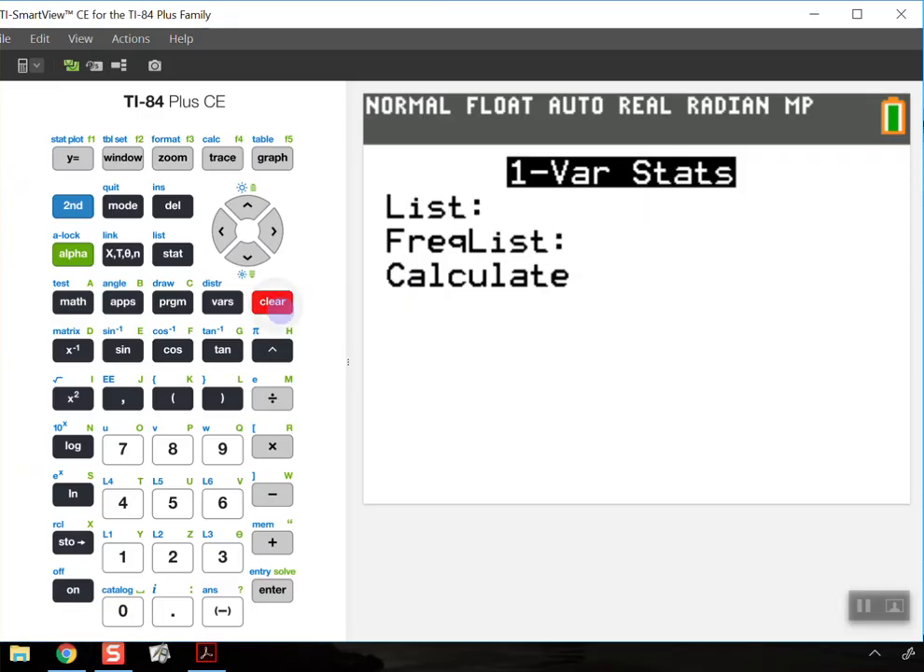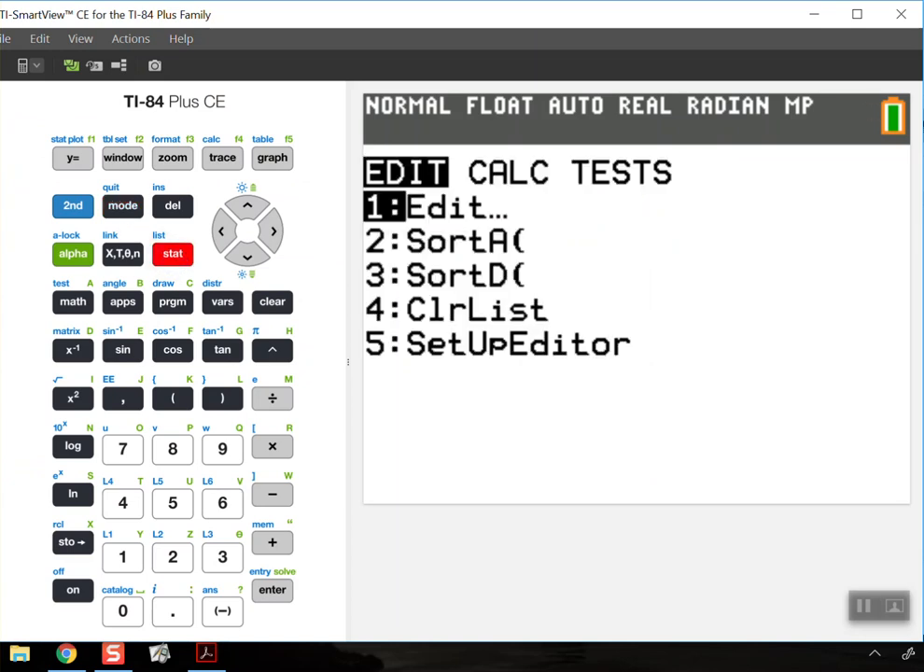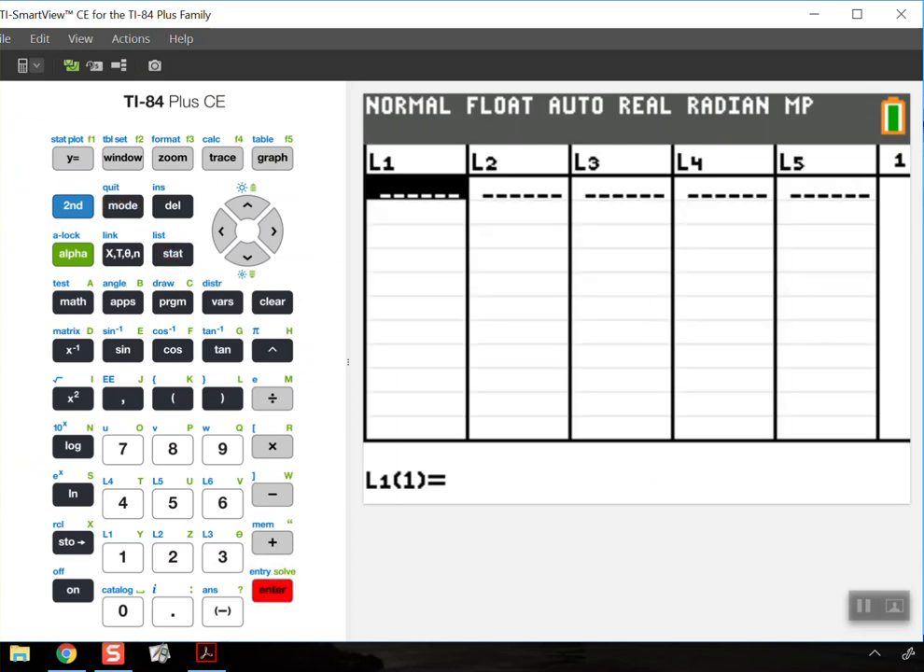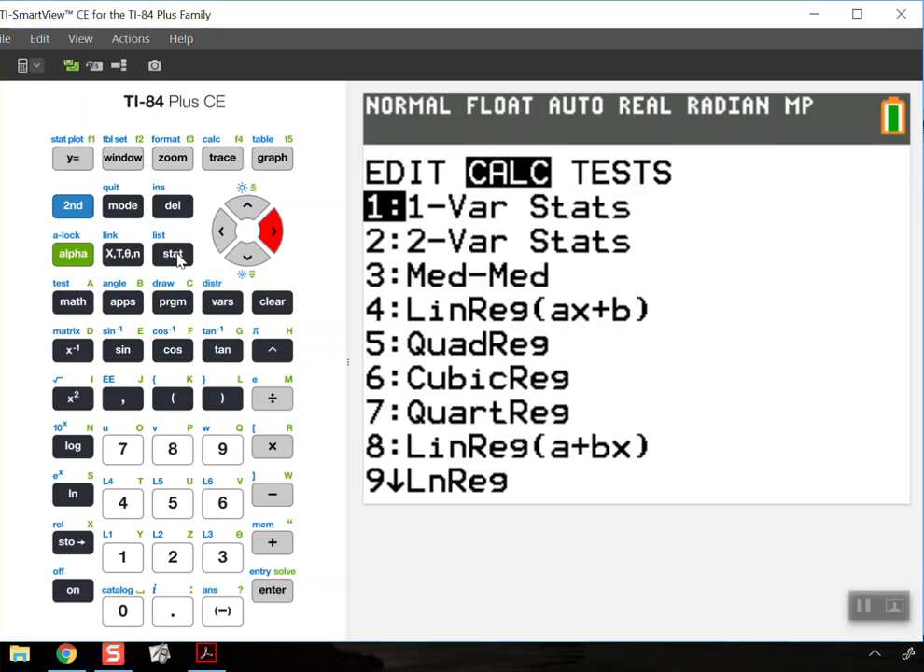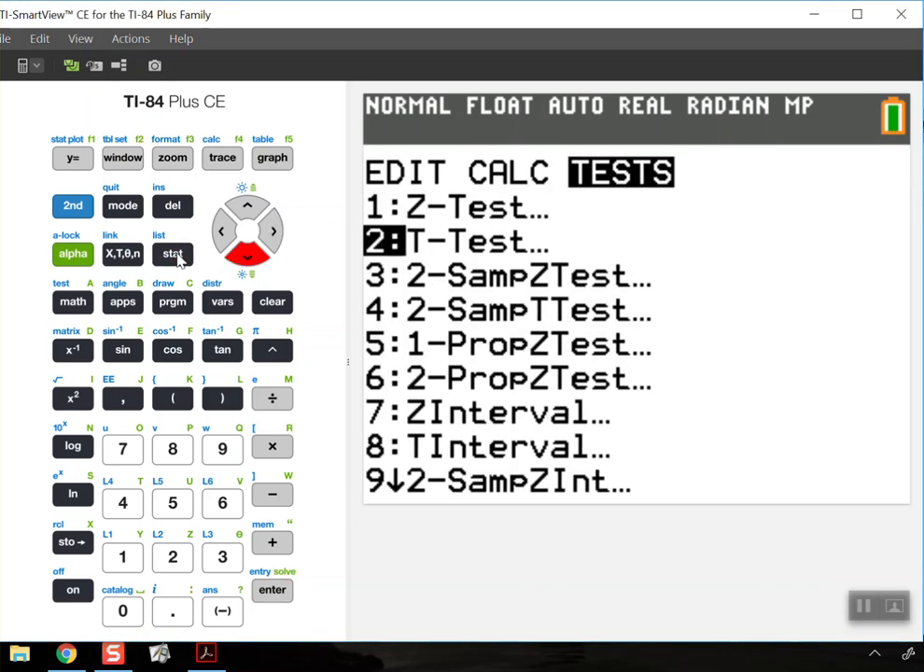If you're using the calculator, when you go to the list, type in the differences. Once you have your differences typed in, you can go to Stat, Test, T-Test,